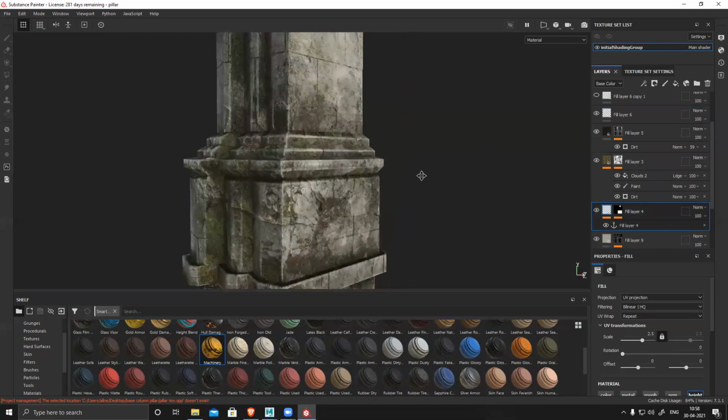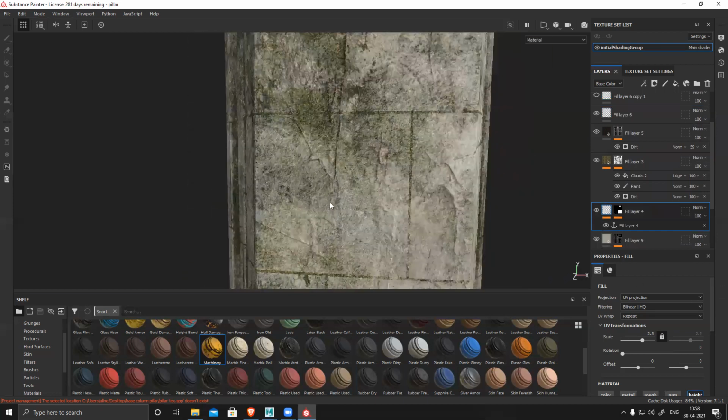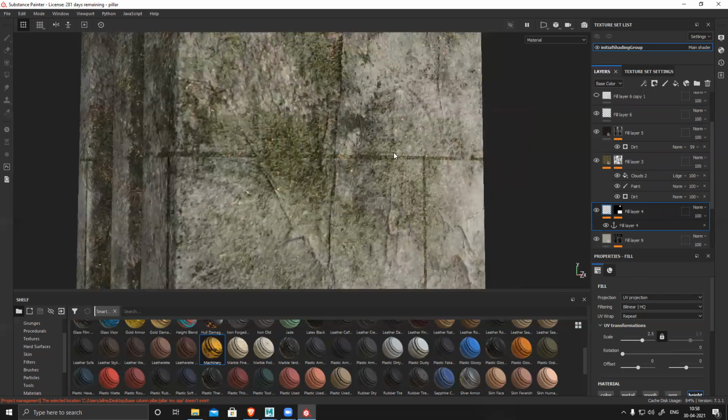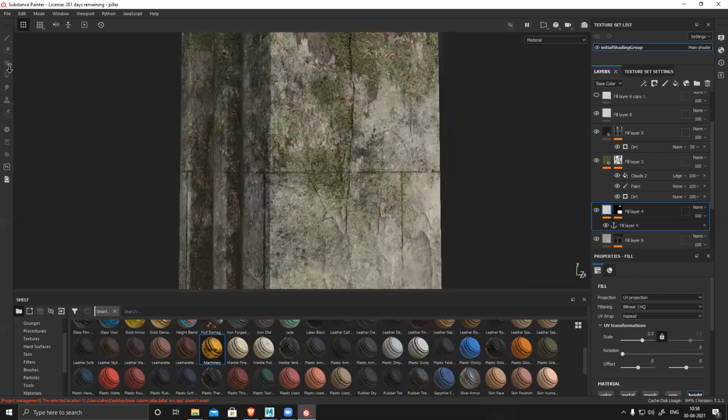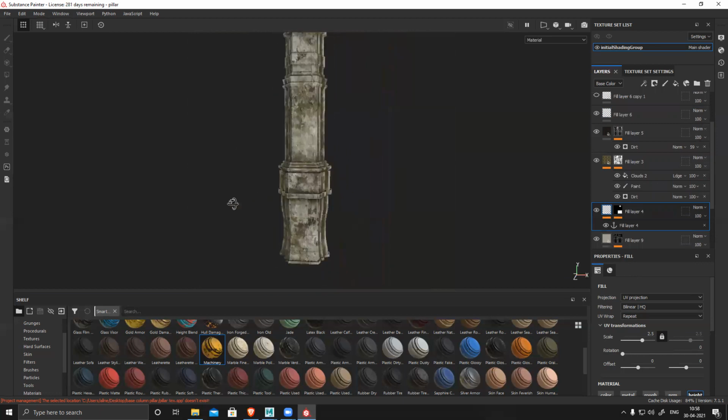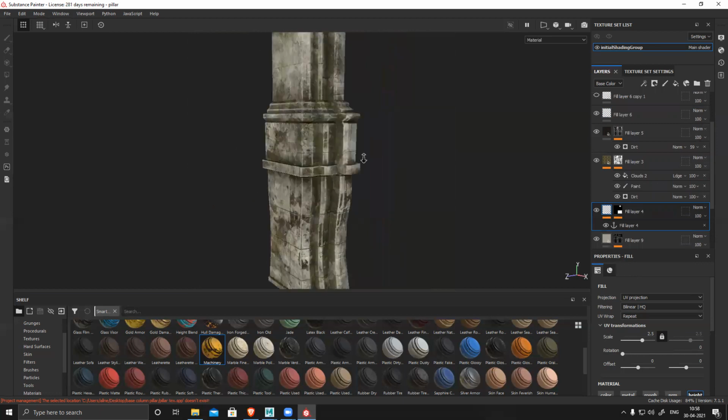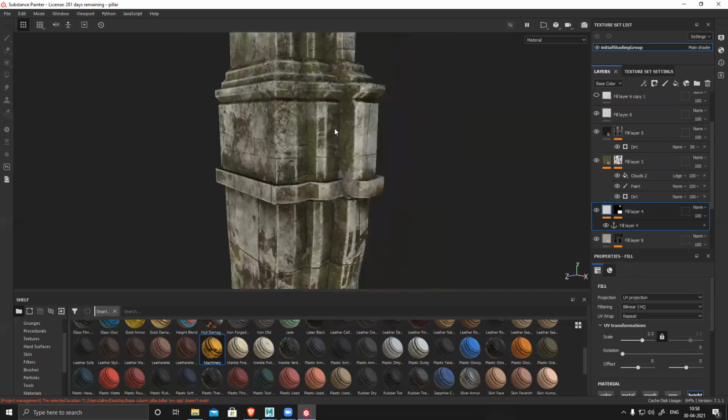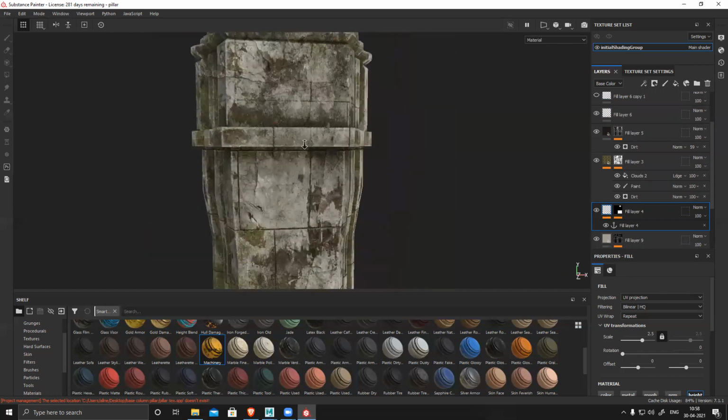If you zoom in, you can see all the detail, grains, and moss in between those cracks and everything. You can generate it very easily, and based on the corners you generate moss and all those things.